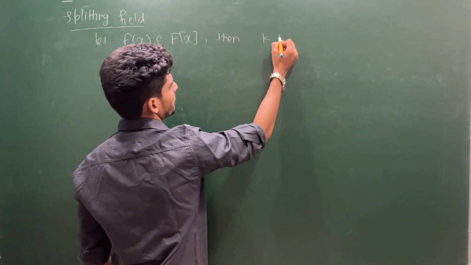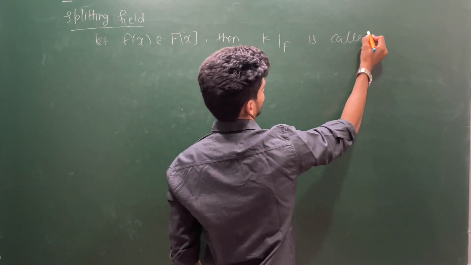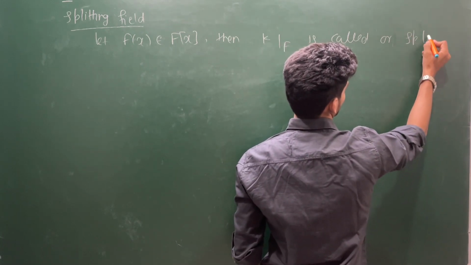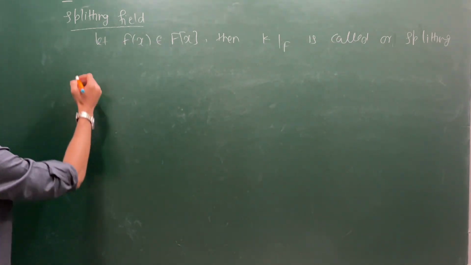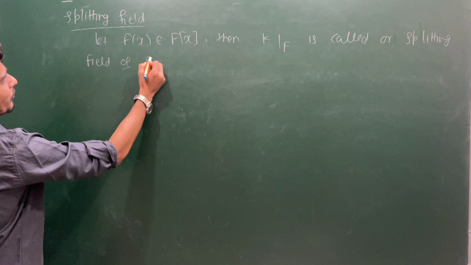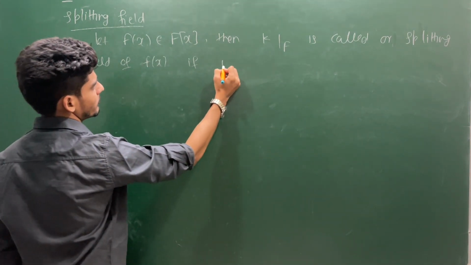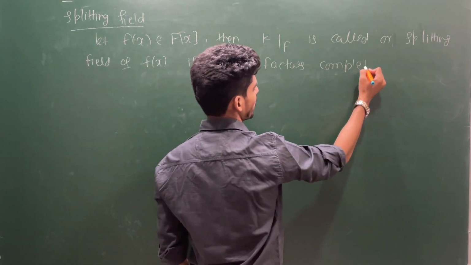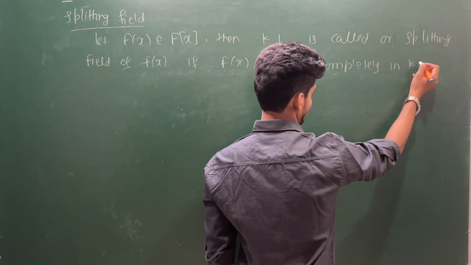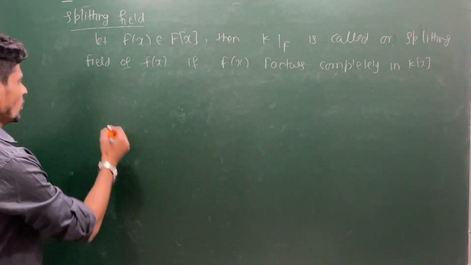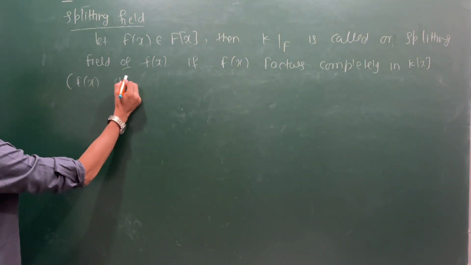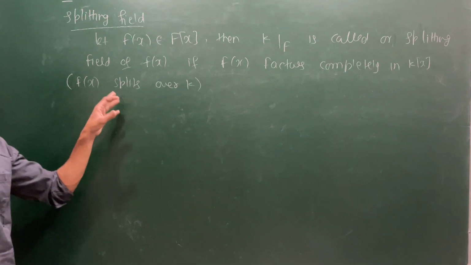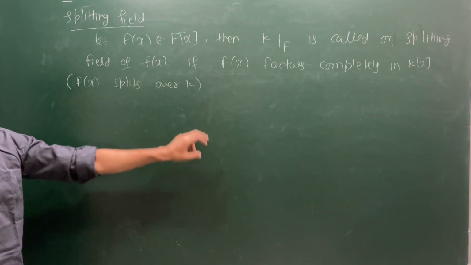Then K, an extension of F, is called a splitting field of f(x) if f(x) factors completely in K[x], or you can say f(x) splits over K. That means you can write f(x) as a linear factorization with coefficients inside K,